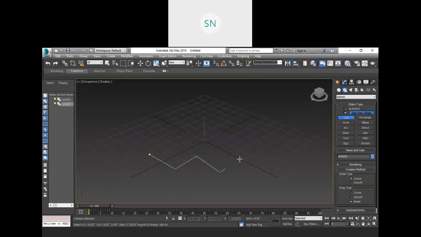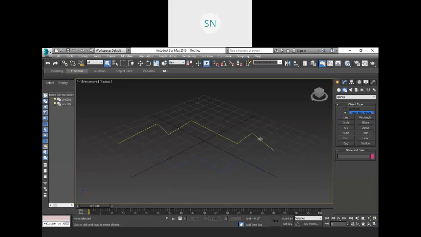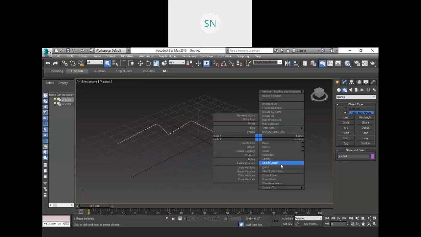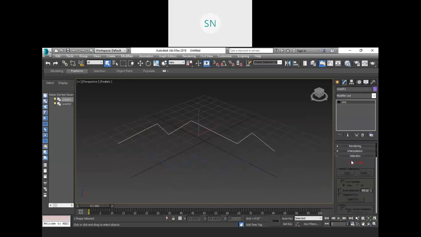These both are separate splines. Now, if you want to join these two splines, select any one spline, right click on it and convert that spline into editable spline. This spline will be divided into three divisions: